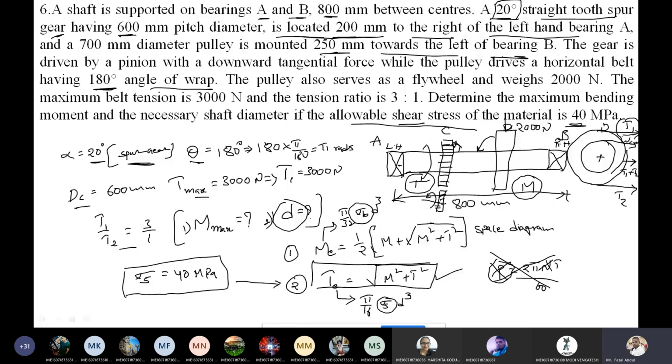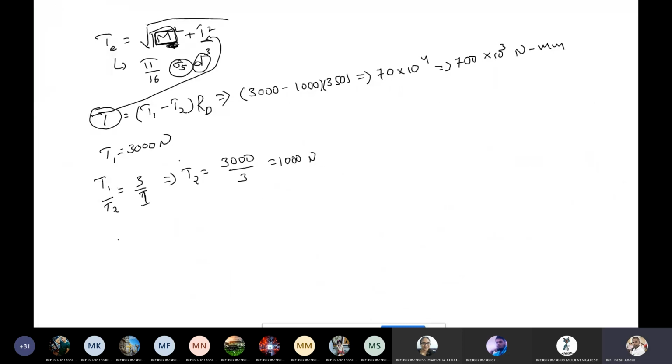Okay. So I am writing the torque equation. What is the torque equation? General equation: torque equals force into perpendicular distance. I am calculating for the gear. For the gear it is a tangential load, and for the gear diameter I am taking dc, the name given for the gear. Torque equals Ft into dc by 2. In this equation I am going to calculate the tangential force.